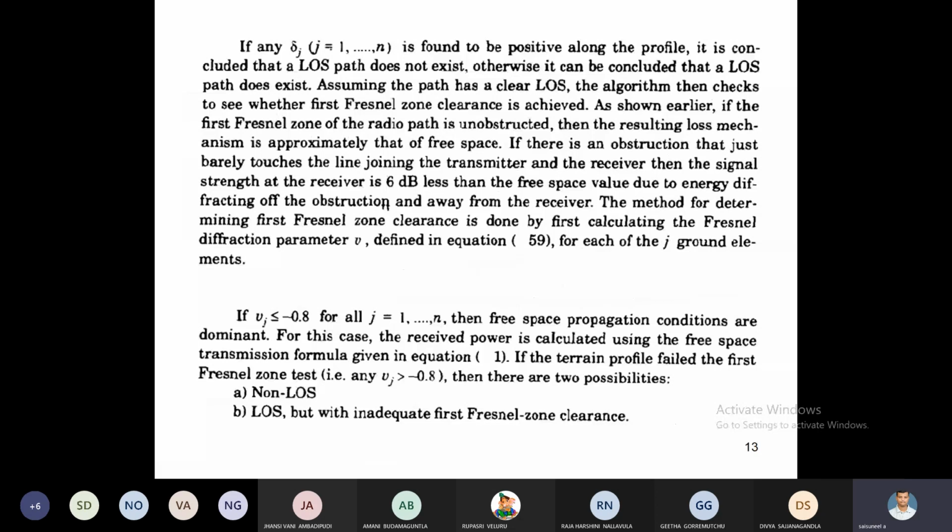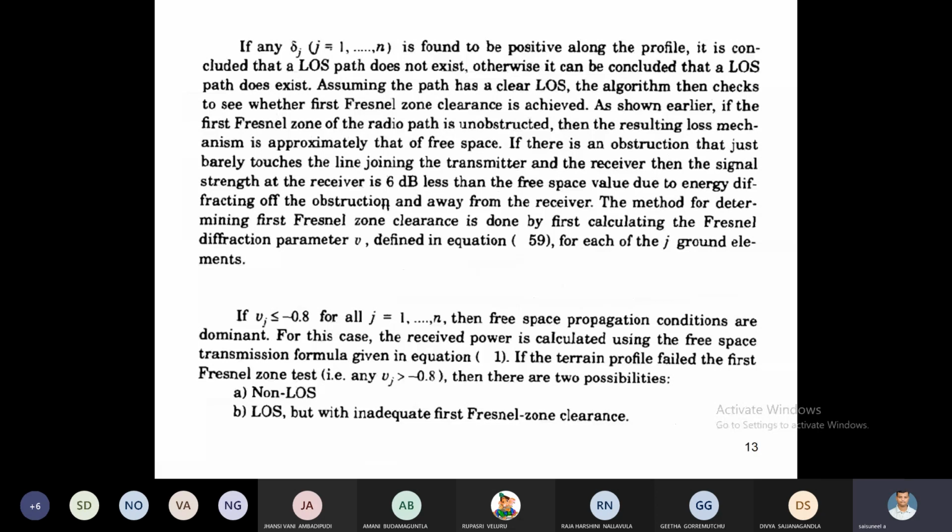Right? Here, in both cases, for a good line of sight path, no problem. For a non-line of sight path, again we are going for checking up to the Fresnel zone clearance concept. In a non-LOS system we get 4 categories: single diffraction edge, 2 diffraction edges, 3 diffraction edges, and more than 3 diffraction edges.